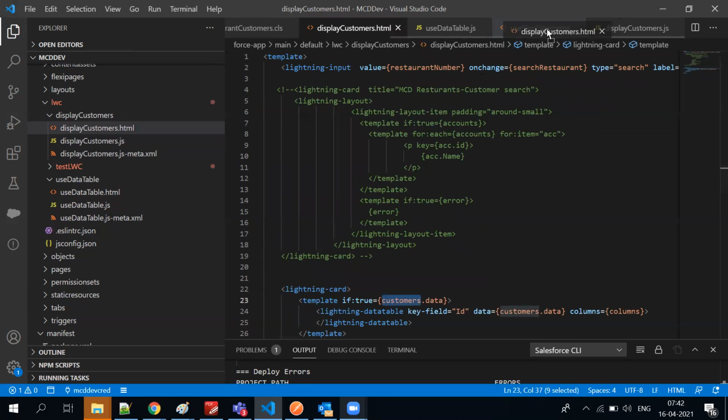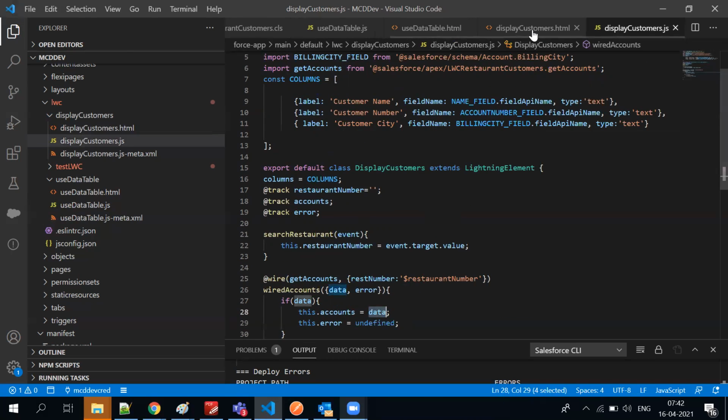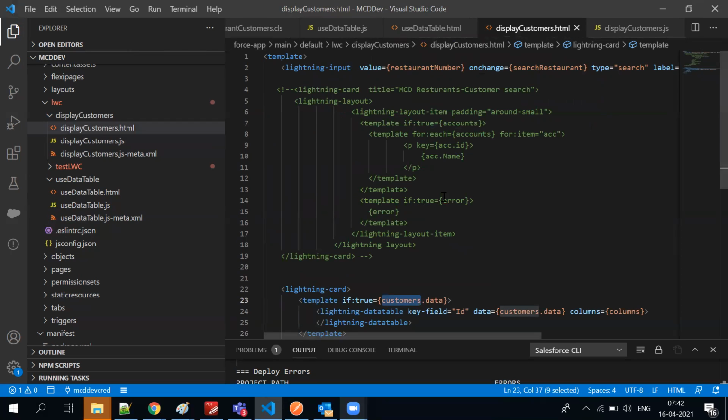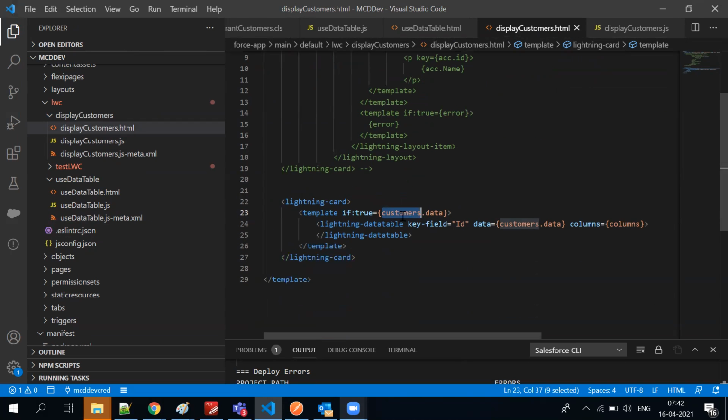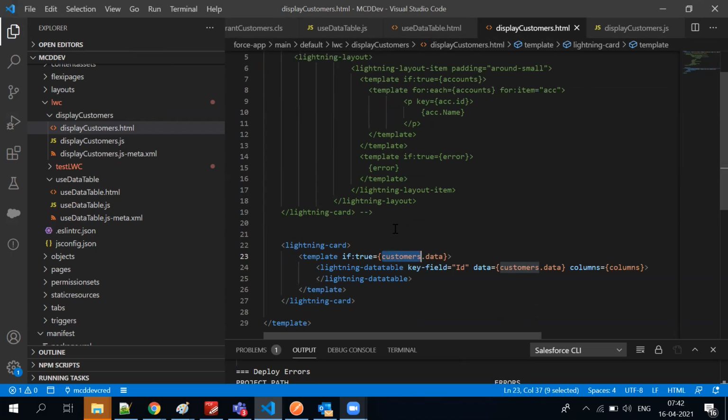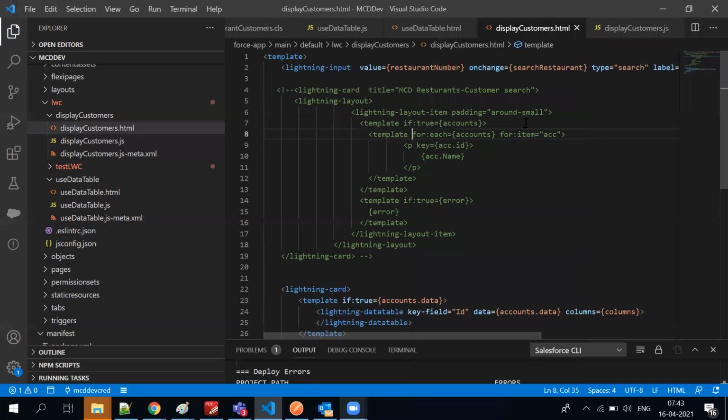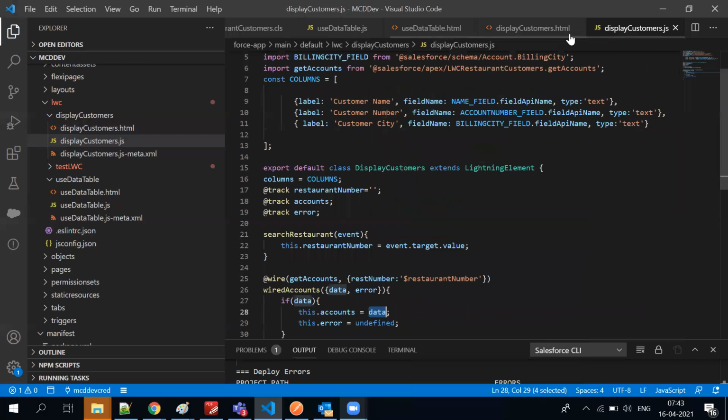Display customers. I'm gonna get this next to this, so that quickly you can refer here. So instead of customers data, it is now accounts dot data. Why? Because account is holding the data now. Okay? Accounts dot data, and then column is column, normal column. So let me